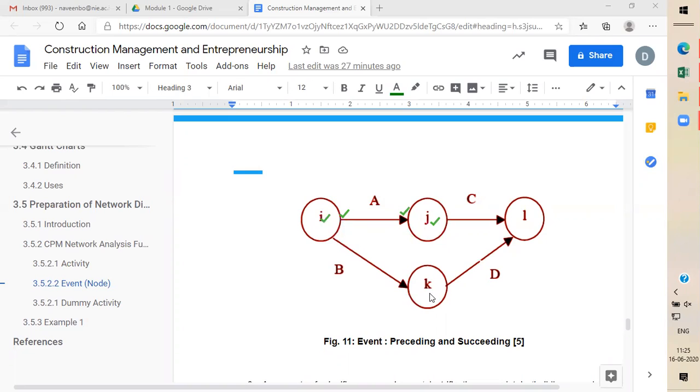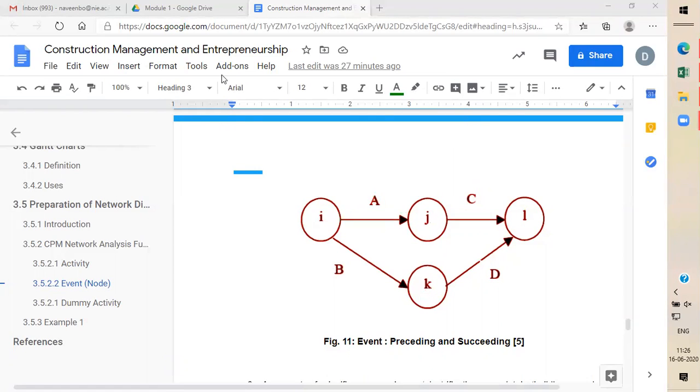If you take this one as preceding, then this is succeeding. It is relative. What are these? A, B, C, D indicate the description of the activity. I, J, K, L indicate the labeling of the particular event.